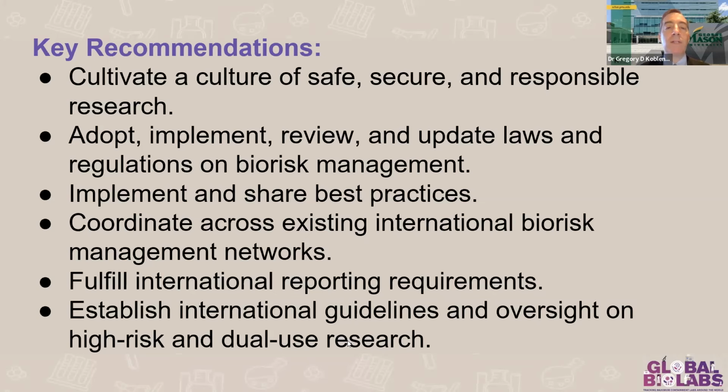Also, as Joseph already mentioned, we have a set of memos about existing biorisk management networks and of countries and labs that are active in this area. And these existing networks play an important role in global governance of biorisks, but their activities are not very well coordinated and not comprehensive. And so we call upon the Global Health Security Agenda, the Global Partnership Against WMD, the International Experts Group of Biosafety and Biosecurity Regulators, the BSL-4 ZNet and EHRNA lab networks, the International Federation of Biosafety Associations, and the WHO to work more closely together with each other and with labs to help them adopt the International Biorisk Management Standard known as ISO 35001, and create an international mechanism that would allow the auditing of implementation of the standard in labs around the world to provide maximum confidence that they are operating safely, securely,